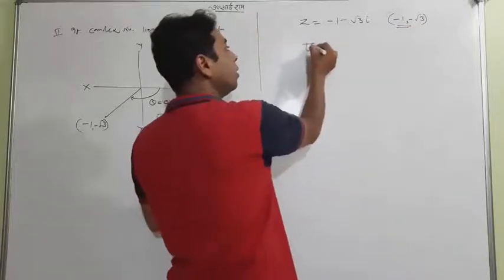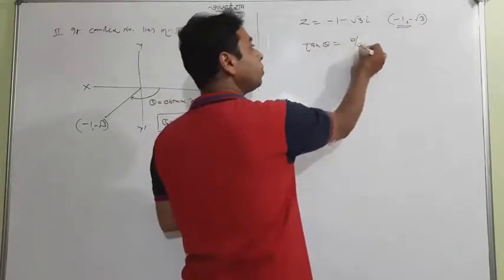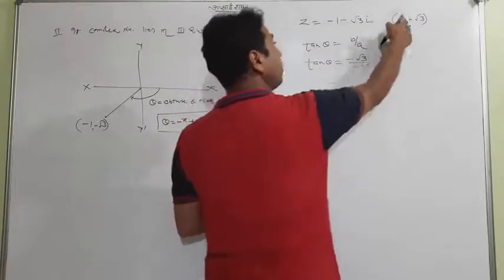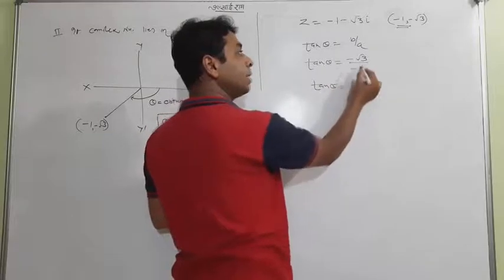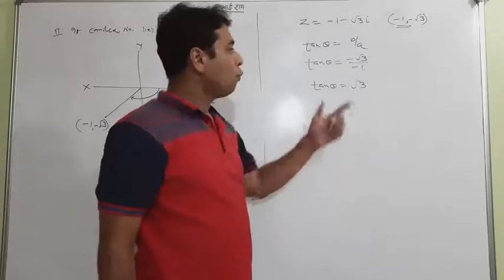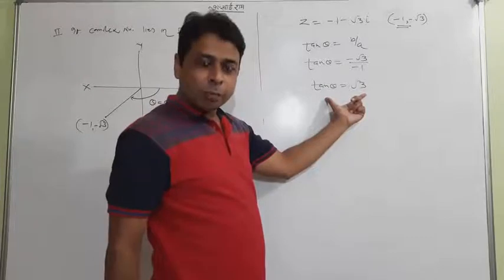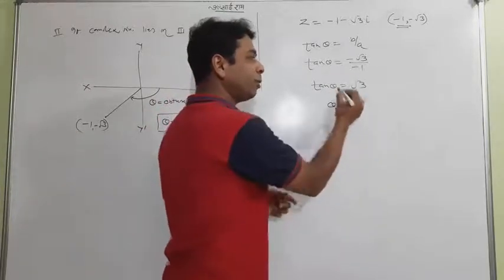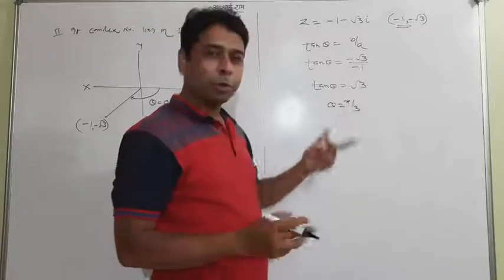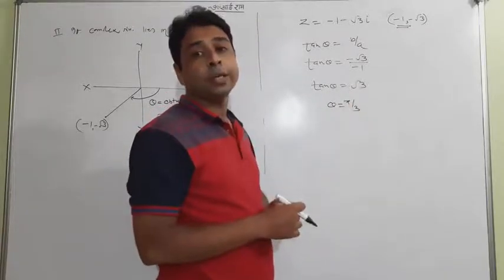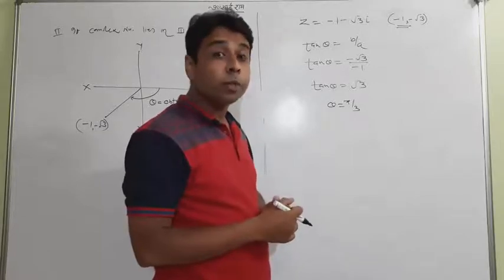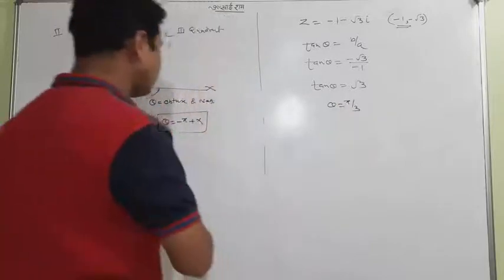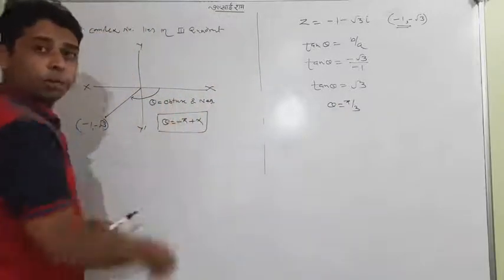We can start. Tan theta is equal to b upon a. Here b is root 3 and a is minus 1. So minus and minus will cancel. When you recheck this position, you will normally write tan theta equal to root 3, theta equal to pi by 3, because it is 60, it's positive. One can definitely write this one. But if you write this, you're wrong, because this time you are getting the positive answer. But the question says it should be negative and obtuse, meaning it is a wrong answer.